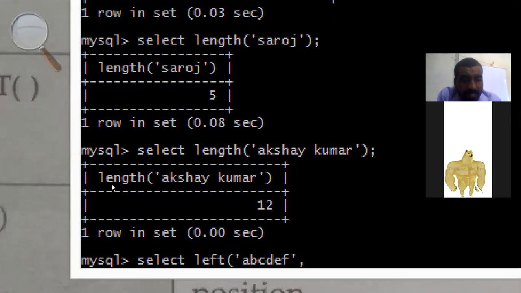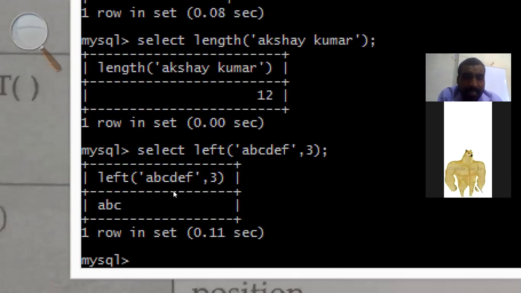Suppose I want 3 characters from the left side. So I'll write there number 3. Then close the parenthesis and then semicolon. Now press the enter key. Now you will see the 3 letters from the left side are provided as the output. Here you can see from A, B, C, D, E, F, the 3 letters from the left side, that is A, B, C, have been provided as the output. Is it clear? Yes, sir.